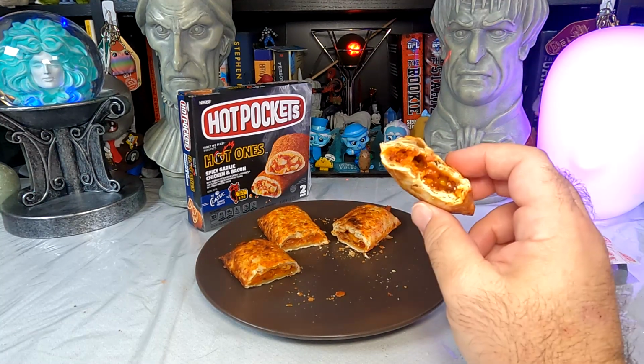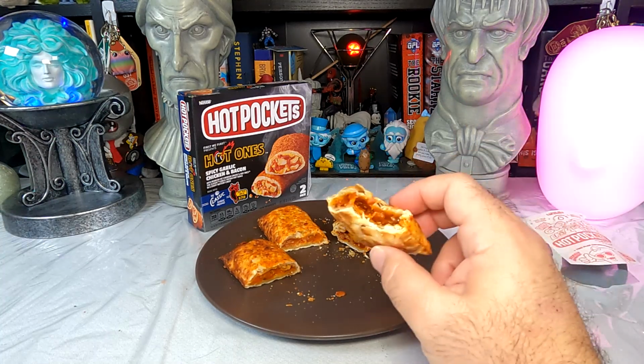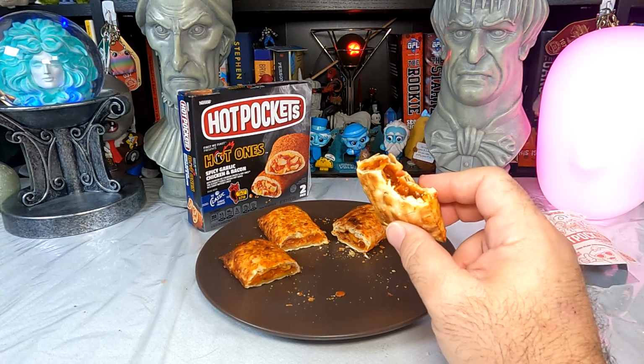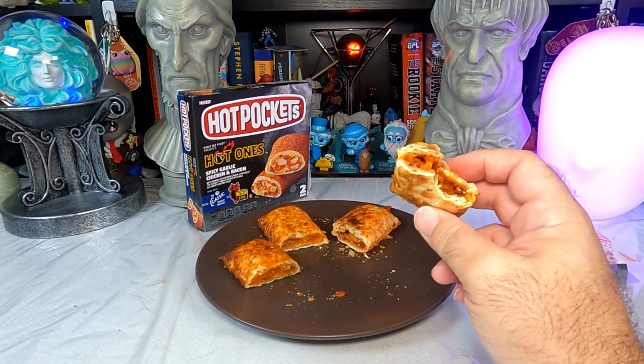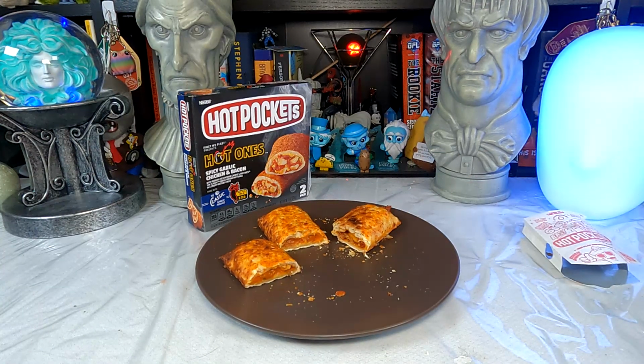It's a little dried out. I definitely should have microwaved it for the wattage instructions that were more appropriate to my microwave. I should never make assumptions on these. I should always do it per the box instructions and let it be what it is. But yeah, the hot sauce flavor, I don't really get chicken or bacon that much though. I mean, they're obviously there, you can see them, but